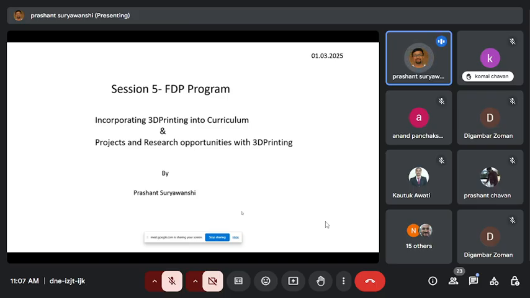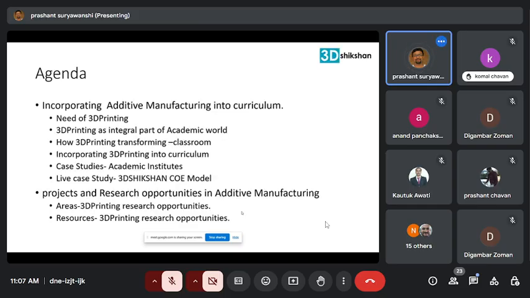So I will just start the session. Before we go into the main topic, we'll go first with this agenda. Incorporating additive manufacturing into curriculum: the need of 3D printing for academia. Everything I am going to talk about is related to academia.